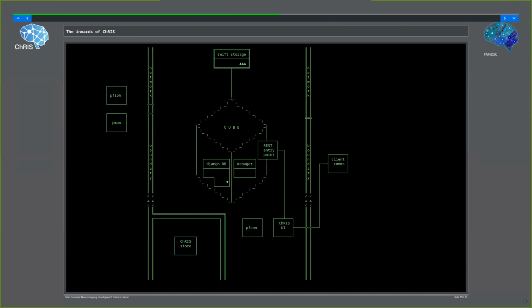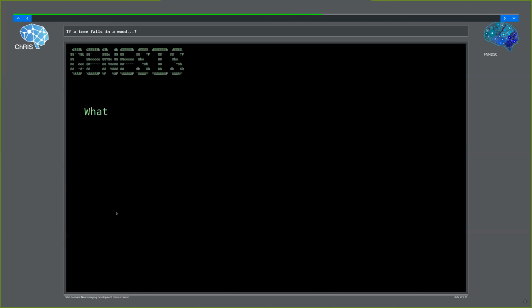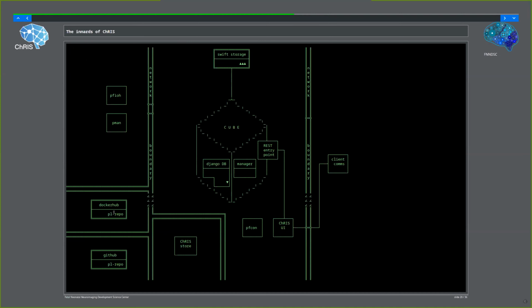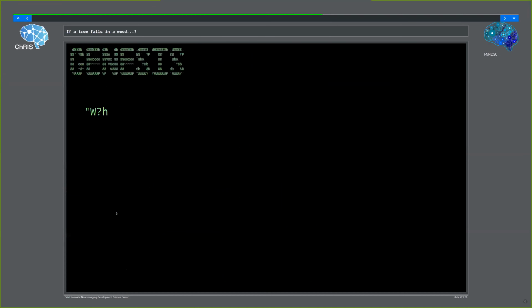There's also a CHRIS store, which is sort of like the Apple store or the Google store, at least generally analogous to that. And then of course we have GitHub and Docker Hub as our source code repo and our container imaging repo. Again, the point of this is not to get stuck in the detail. We can wire them all up together, but more to show the components of this system.